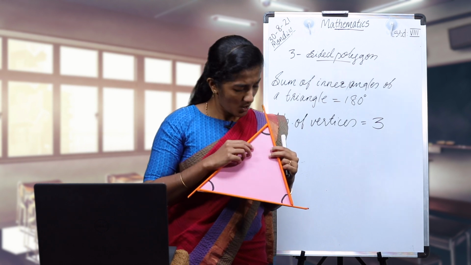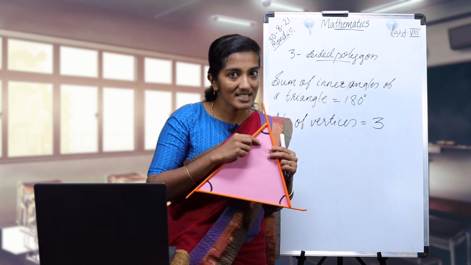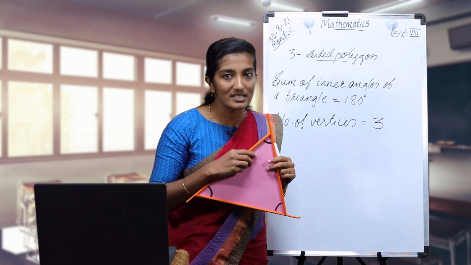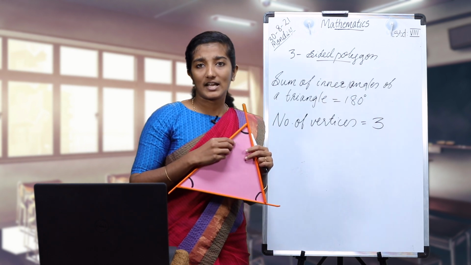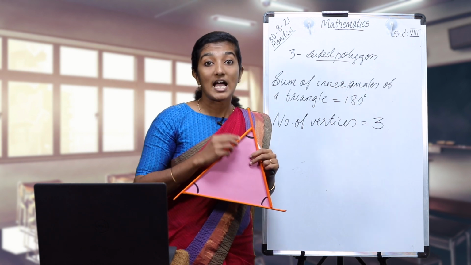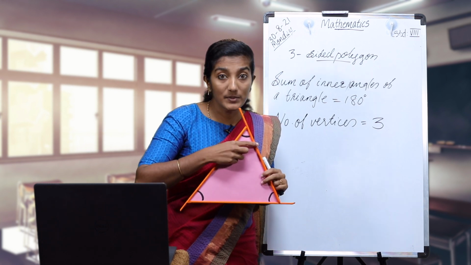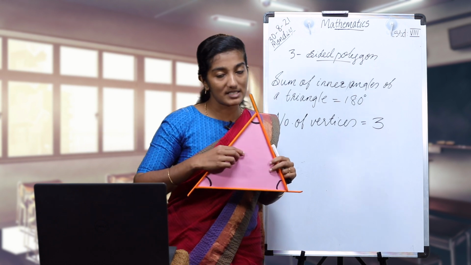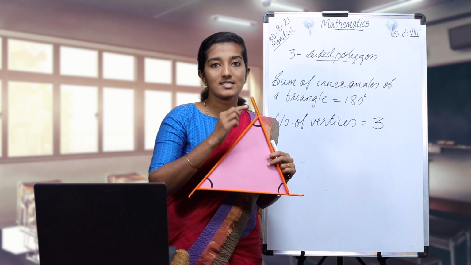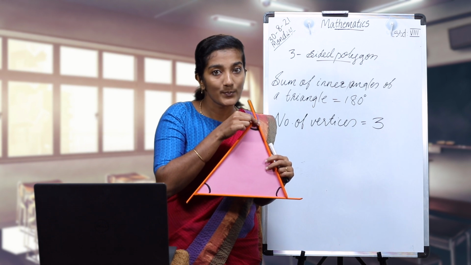Then can anyone say what is the name of these two pairs of angles? It is a linear pair. Okay, you have studied about linear pair in 7th standard. Do you remember that? Then can anyone define a linear pair? A linear pair has a common vertex, the non-common sides are in opposite direction, and also these two angles are supplementary. That is, the sum of inner and outer angle at this vertex is 180 degree.